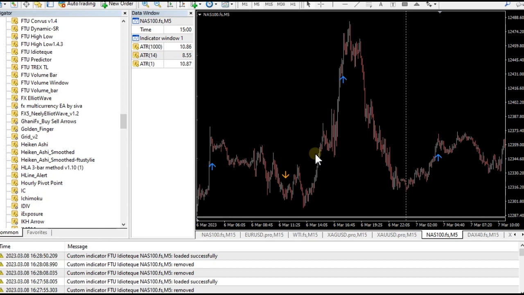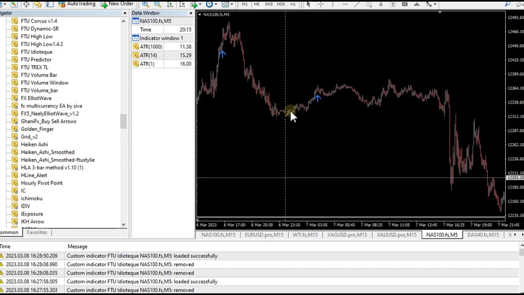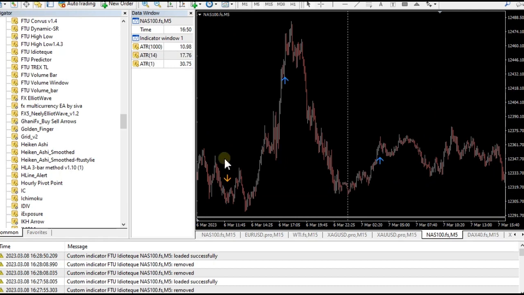Now this indicator doesn't change trend very quickly, as you can see here, it stays in a sell. So it's a slow changing indicator. You can see it stays in buys. So it's good to use it along with another indicator, perhaps something